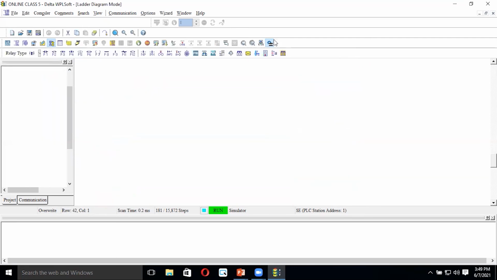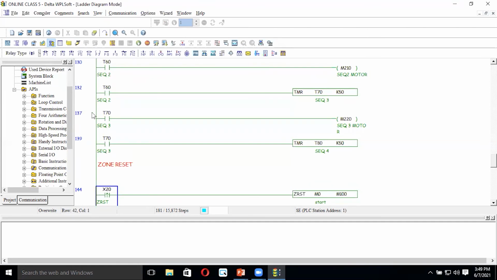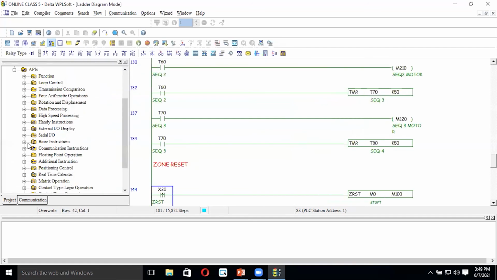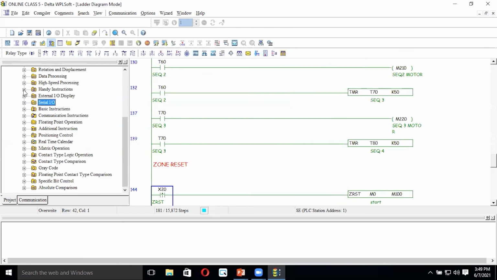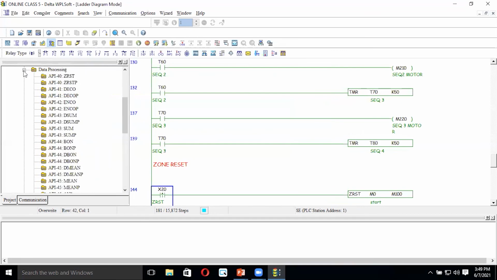Just monitoring, cut off the monitor. There are a lot of functions here. We are not using all of them, but there are many functions. You just go through the manual, and you can easily know what elements are available here and what they can be used for.